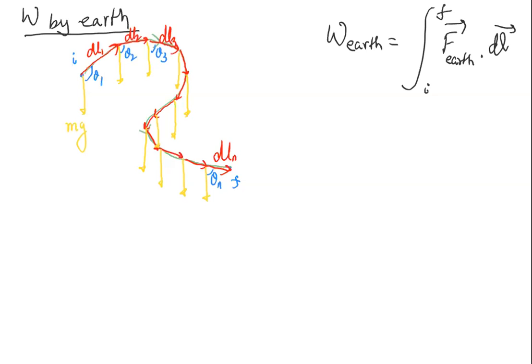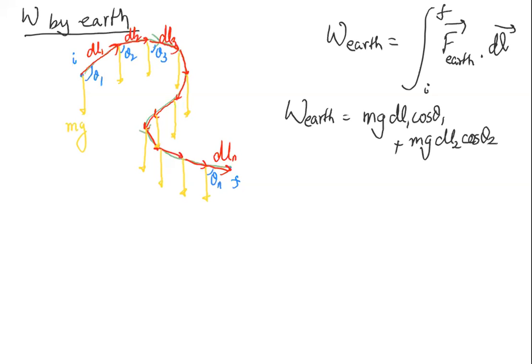Okay, so next, what is the next step? Work done by the earth must be equal to mgdl1 cosine theta 1 plus mgdl2 cosine theta 2 plus